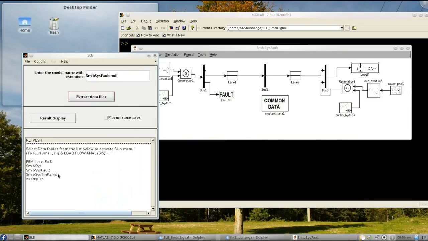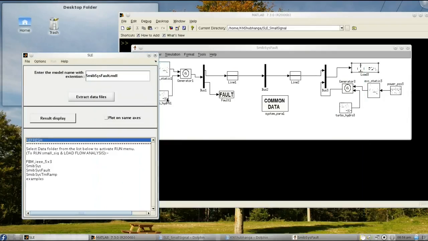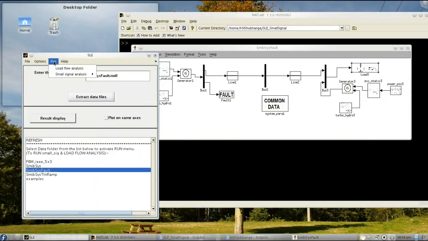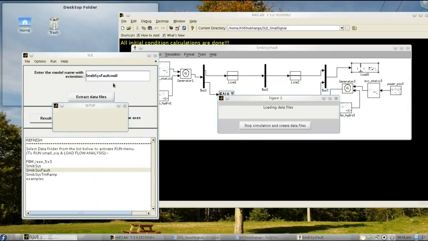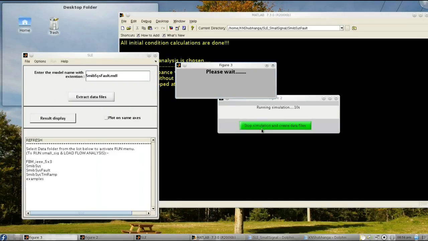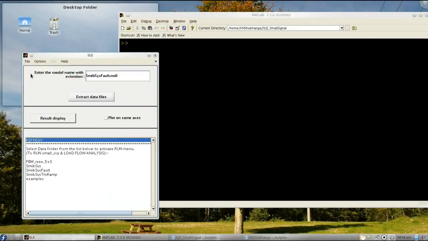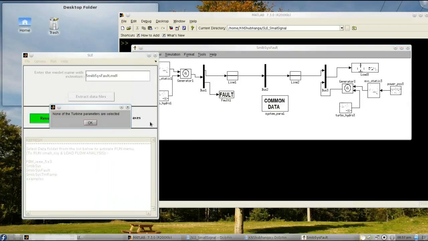Now performing the load flow analysis, since we have changed the initial parameter for load, and now performing transient stability analysis for 10 seconds. Opening the model again, then setting various variables in the result display properties.